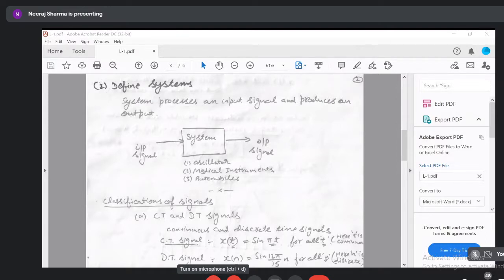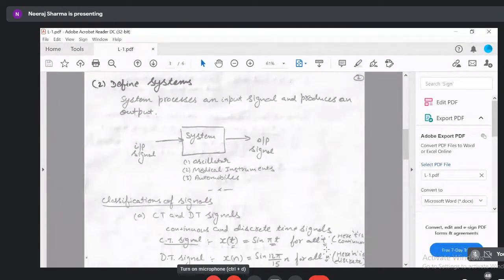It's Rohan Singh, roll number 92. Yes, sir. Any example for CT and DT signal, or if you are able to define CT and DT signal, then kindly tell the definition. Yes, sir. In a continuous signal, sir, the function will be continuous. Sir, it means the value will not be zero at any point, while in discrete, in a particular interval the value becomes zero and then again the value becomes something.